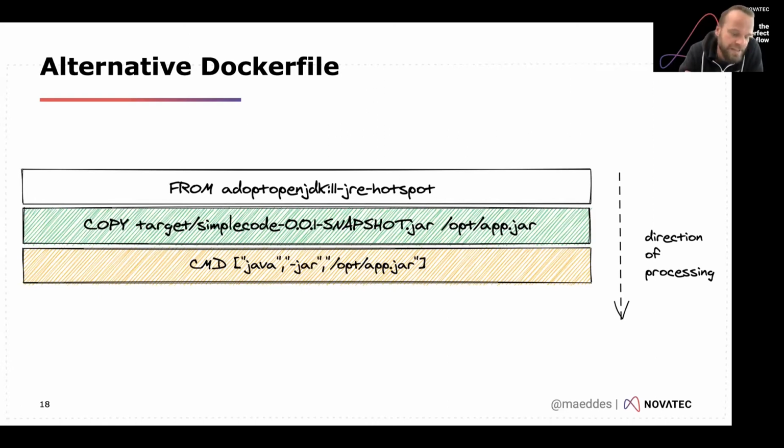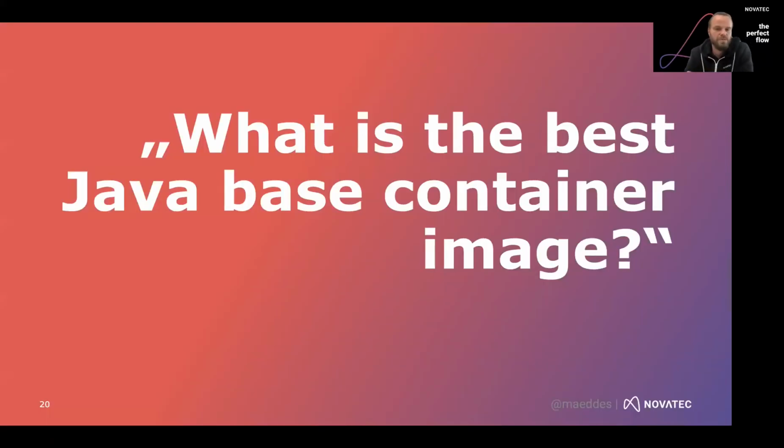And there are pre-built base images in various combinations. So there's an adopt OpenJDK 11 here. We have, of course, images for various Java versions, from various providers, and so on. So this is, for example, an OpenJDK, JRE Slim, and so on. And now you can see basically the problem that my colleague was facing when looking at the Docker Hub. There were suddenly so many images. So where should we start to pick a base container image, which is the best image, what makes the image best?